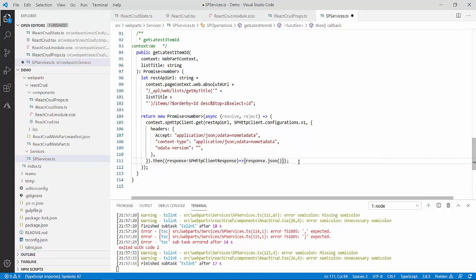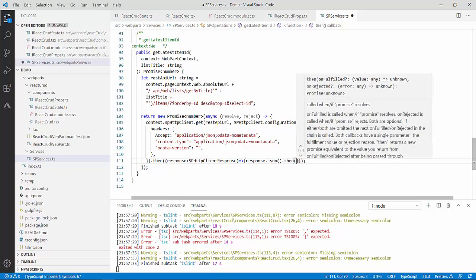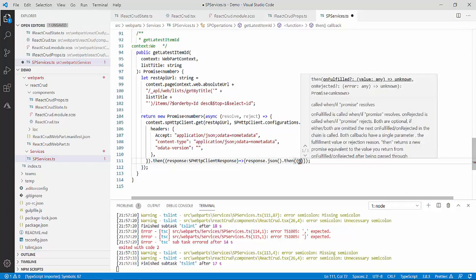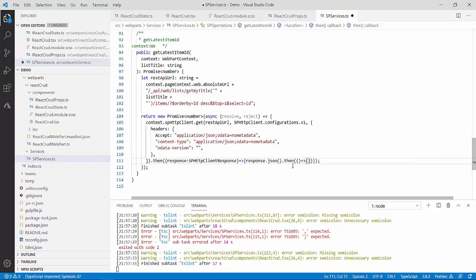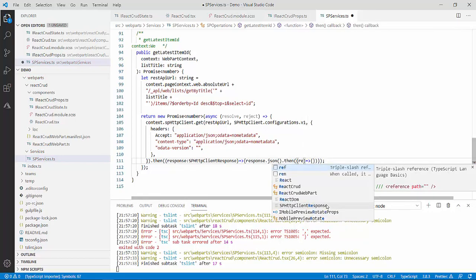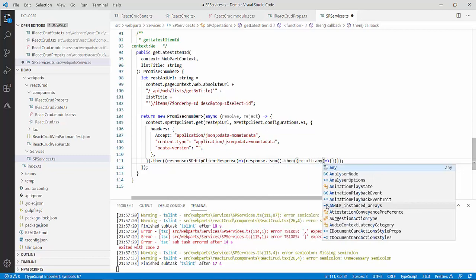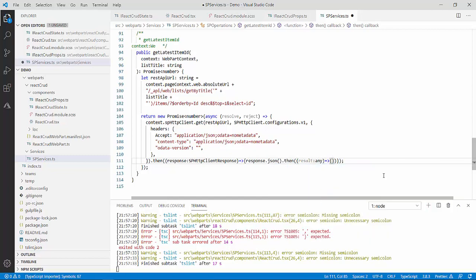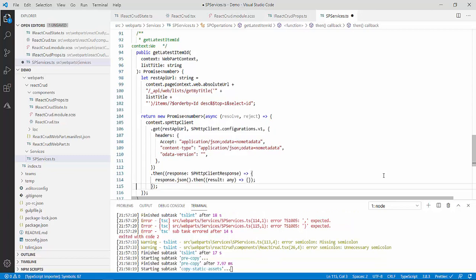After that dot then, and after then I will get my result. So inside this I will take result of type any. Now I think my code is fine, and inside this I will get my item ID.